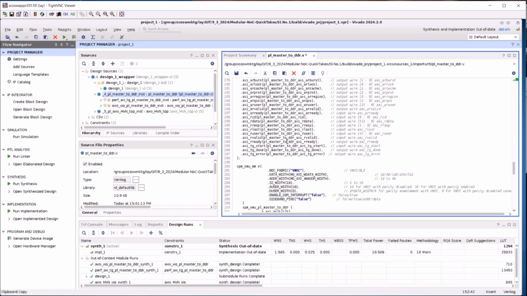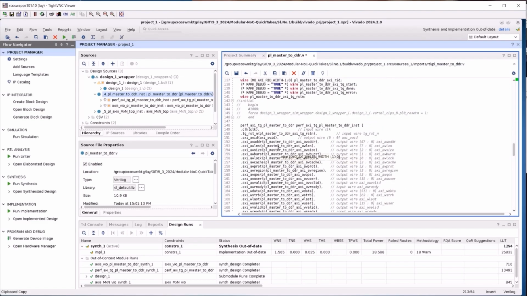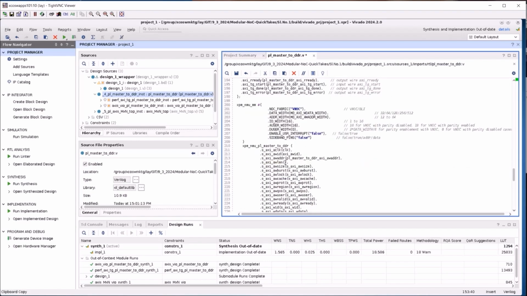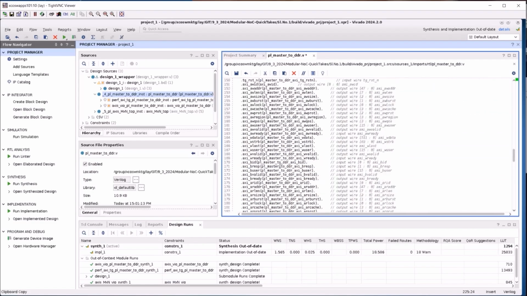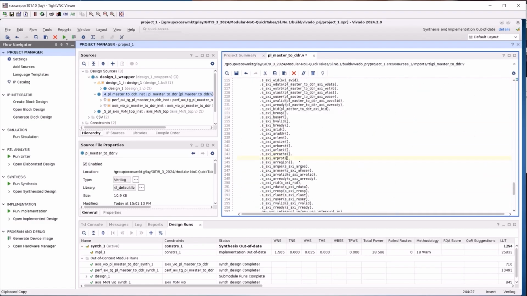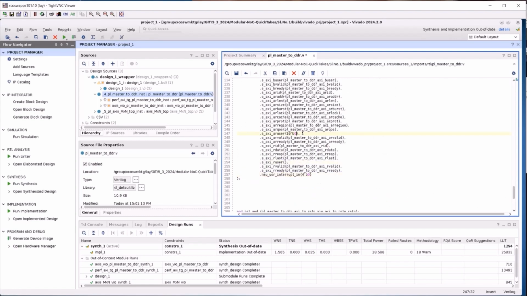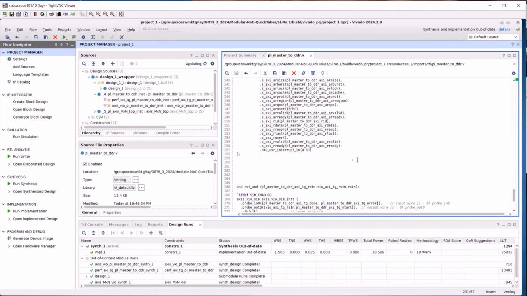I'll continue this process until all the nets are connected. There we go. I'm all done, and I've tied off a few nets we're not using.